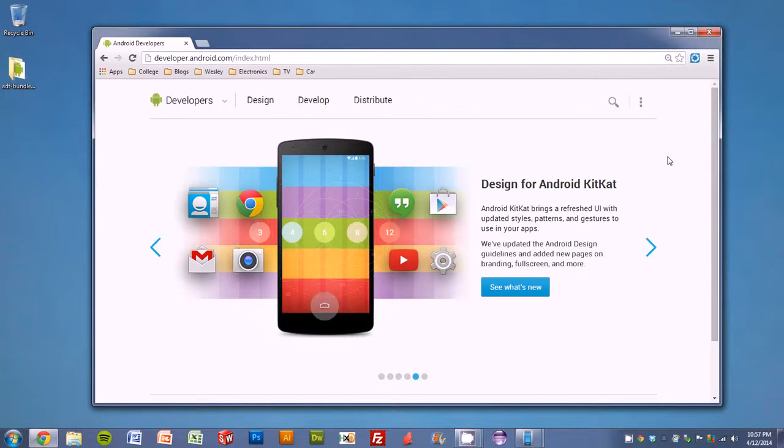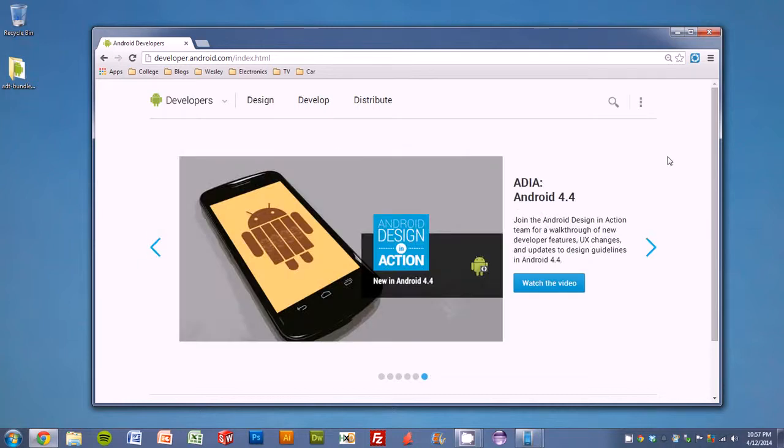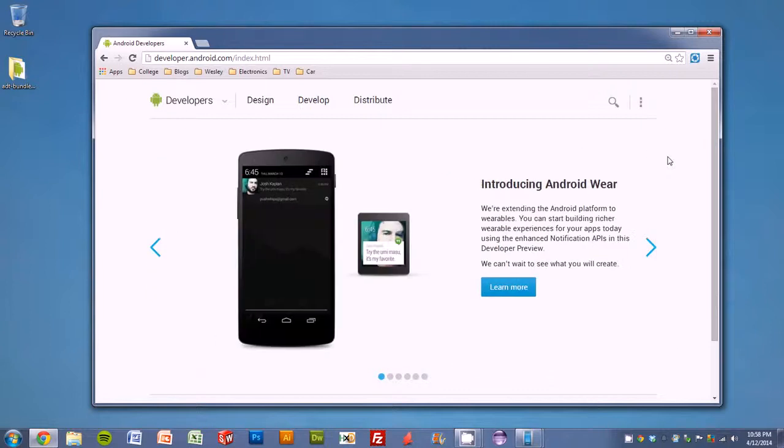And I've recently been working on a game called Planet Drift, and I'm not going to tell you too many details about it because it's kind of my little brainchild at the moment, but hopefully I can get that developed and actually released on the Google Play Store. And then once it's released, I may go back and do tutorials covering how I did certain aspects of it, or I may just come up with a different game idea and demonstrate that one. But this Planet Drift,